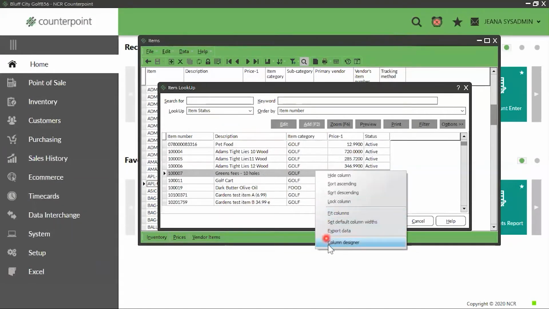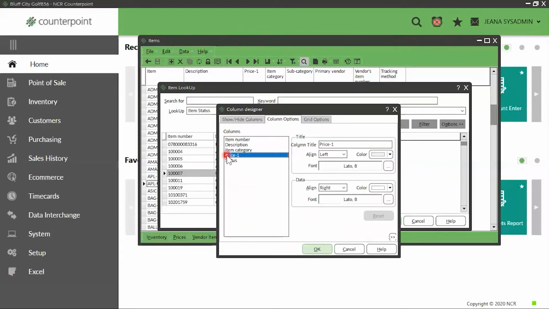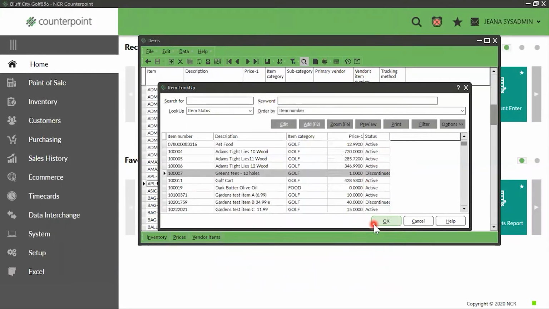I'm going to go into my column designer. I'm going to come here to column options and pick price one. And I'm going to, oh, that's the data. I'm going to right justify the column header. Okay, so now when I go to preview,